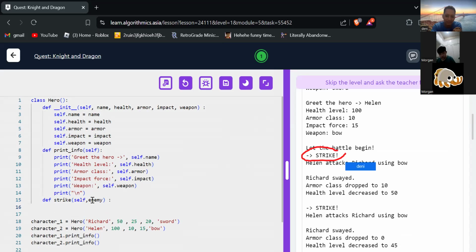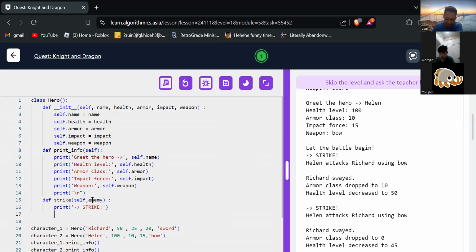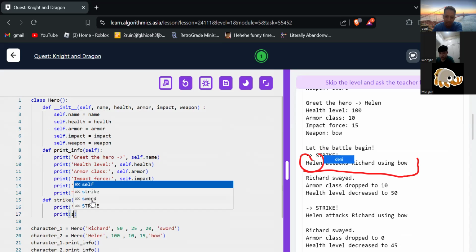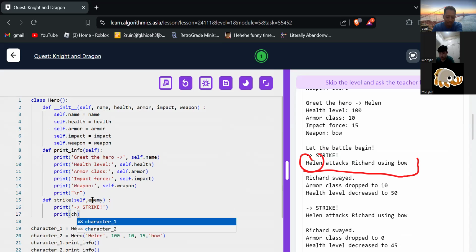Print. Okay. Print. Is it enemy or the knight?